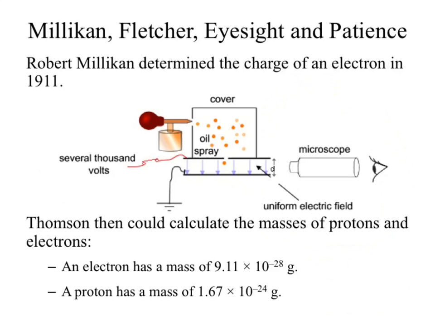concerned. So he took some oil, and he sprayed that oil into this little entrapped area. So when you spray, you get all these tiny little particles. To make things a little bit easier, he then put on a cover plate, okay, or a filter on that. And that's what they're trying to show here, this nice black line. That little filter, though, has a hole in it. So in theory, he made that hole small enough that when the oil droplets then kind of fell through the sky, only one would make it through that hole. Okay, or maybe one or two, but in theory, a whole lot less than just this massive spray everywhere.